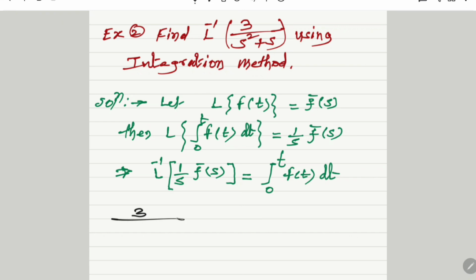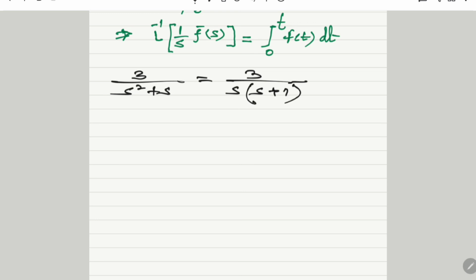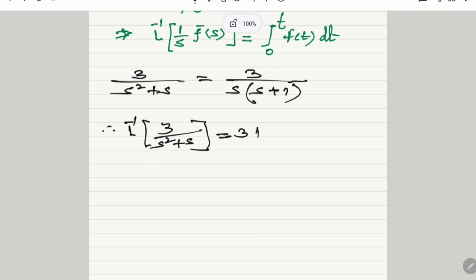That 3 divided by s square plus s we can rewrite as 3 divided by, taking s common from the denominator term, we get s plus 1. And therefore, taking inverse on both sides, inverse Laplace of 3 divided by s square plus s, nothing but 3 is constant term we take outside, inverse Laplace of 1 by s into 1 upon s plus 1,